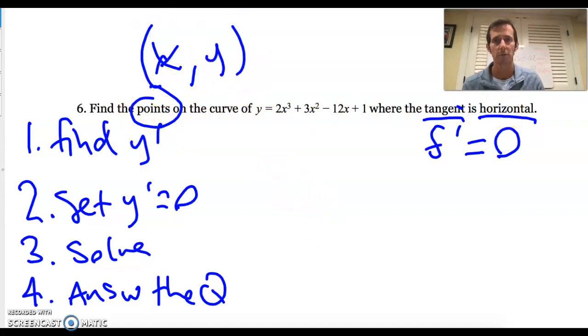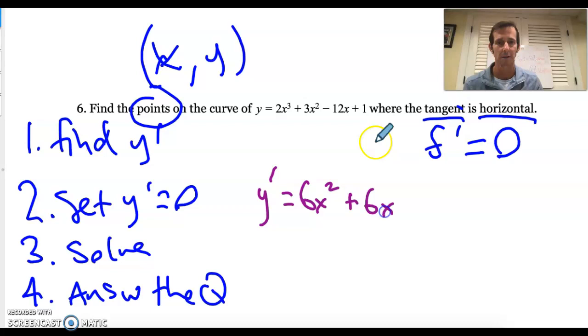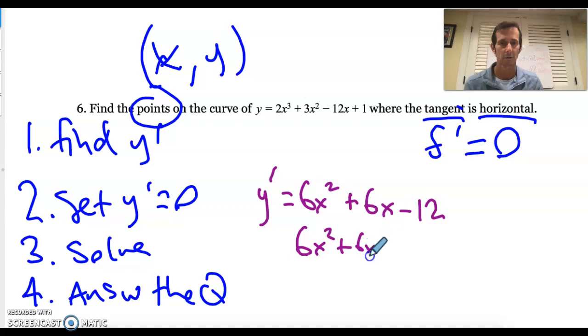So here we go. This isn't too bad. Hopefully, I'm going to take the derivative. So the derivative of this would be 6x squared. The derivative of this is plus 6x. The derivative of that is minus 12. And this is where it's very important to remember that the derivative of the constant is 0, so it's gone. Now I set the derivative equal to 0, and I solve